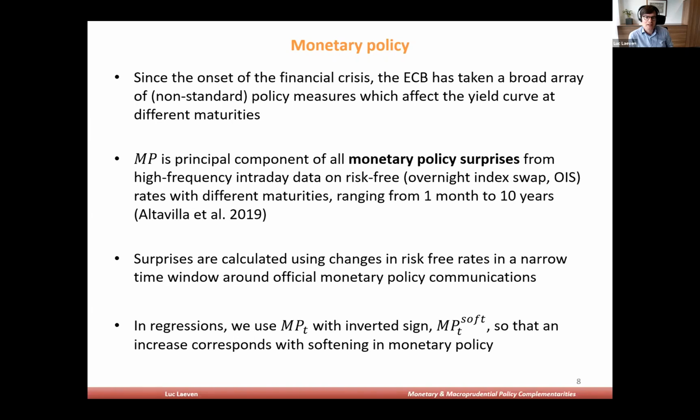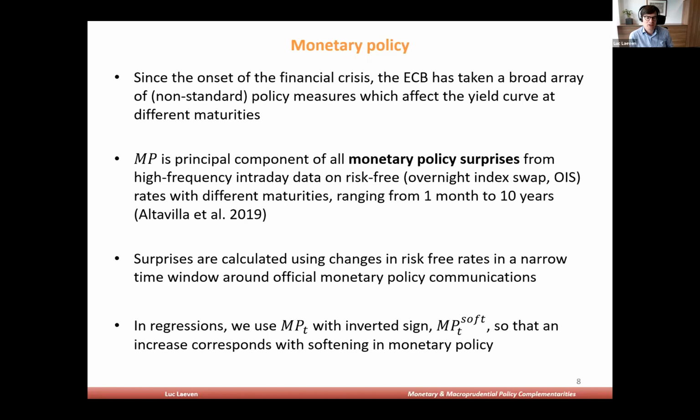So we here build on the literature most recently shaped by Emi Nakamura and Jón Steinsson in the AER paper to exploit high-frequency intraday data to extract monetary policy surprises. So those are truly exogenous shocks with high-frequency data. We are using a variation that allows us to look not just at the short end, but also the long end of the yield curve